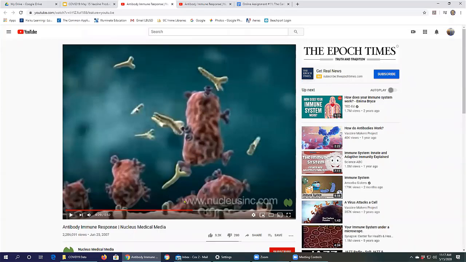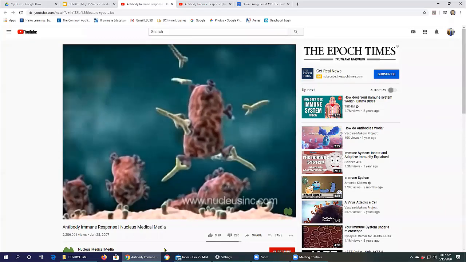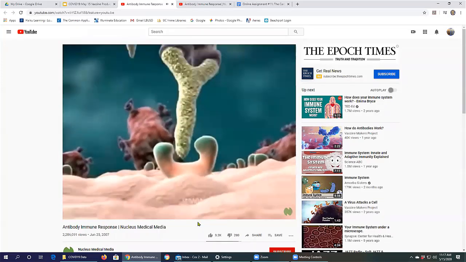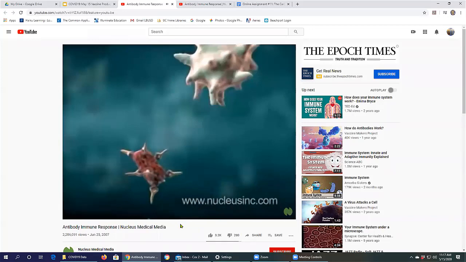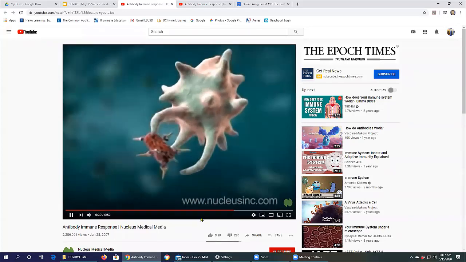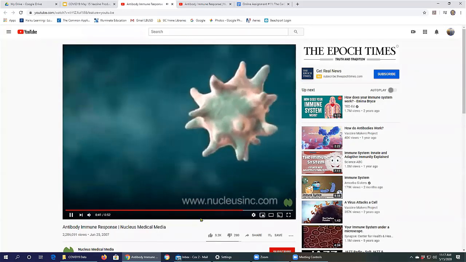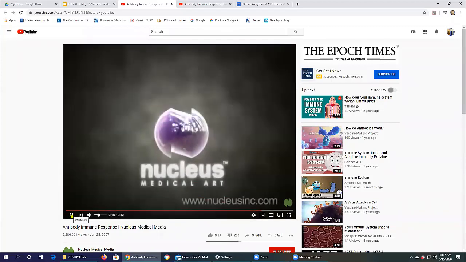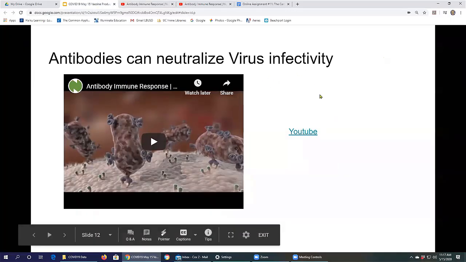Before the virus can bind to the cell, the antibodies will get the virus. And there they go. This virus cannot infect the cell and is instead going to be gobbled up by a different kind of white blood cell. That's called a macrophage. Gulp, it's gone. Virus is cleared. You don't get sick if you have antibodies. Oh, it came right back. All right, cool.